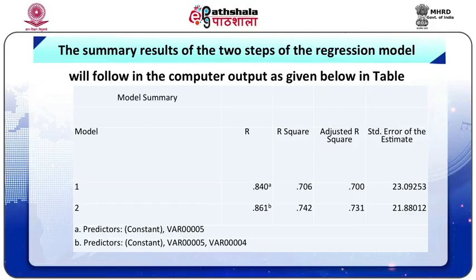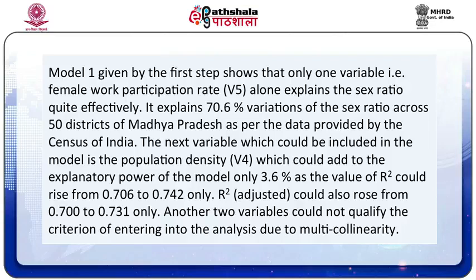The summary results of the two steps of the regression model will follow in the computer output as given below in table 3. Model 1 given by the first step shows that only one variable, that is female work participation rate, variable 5, alone explains the sex ratio quite effectively. It explains 70.6% variations of the sex ratio across 50 districts of Madhya Pradesh as per the data provided by the Census of India. The next variable which could be included in the model is the population density, that is